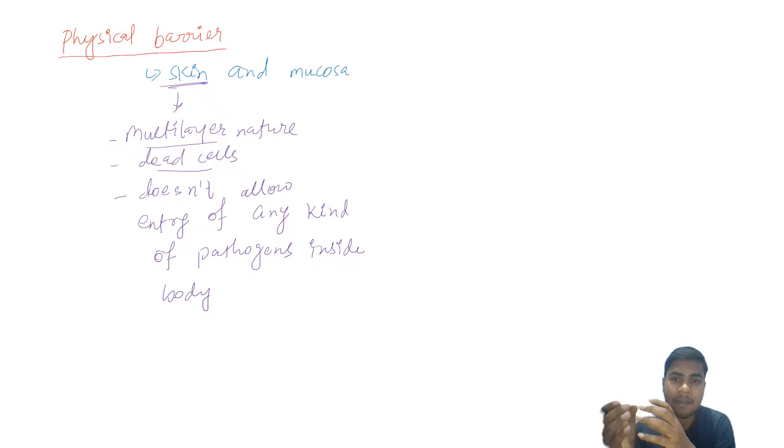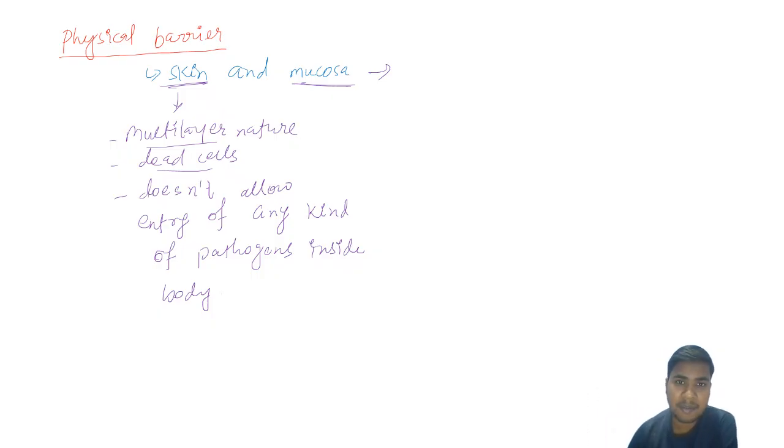that whenever we inhale, there may be a chance of inhaling bacteria or other pathogens. So to prevent the entry of bacteria or other pathogens, the respiratory system is lined by the mucosa membrane, and that mucosa membrane helps in prevention of the entry of bacteria or any pathogen. That is, mucosa restricts those pathogens and doesn't allow the entry.